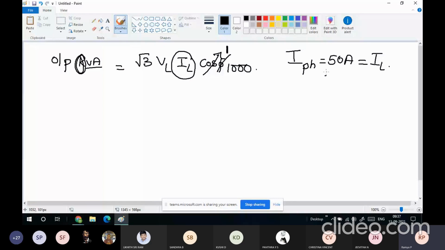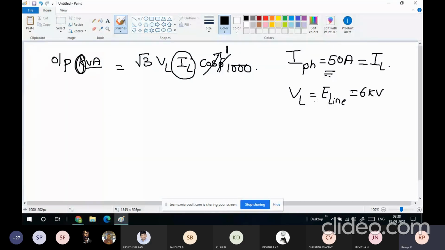And what is that EL? VL is nothing but a line voltage, and in this particular problem just now we have calculated the line voltage in the other denomination, that is EL. What is that? It is a line voltage. The line voltage is VL equals EL, that just now we have calculated. It is 6 kilovolts. Now use this formula.